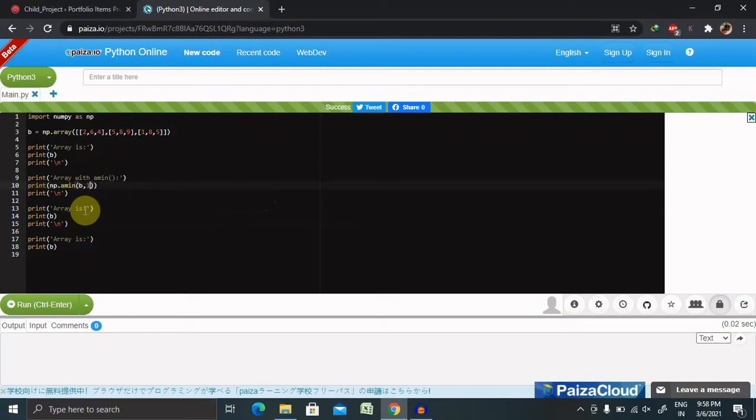So here we are going to call array with amin function again, but this time we are going to take a different array, that is np dot amin, array minimum, and b comma 0. You can add any value as per your need or as per your requirement. So this time we are going to call maximum. So array with amax function,